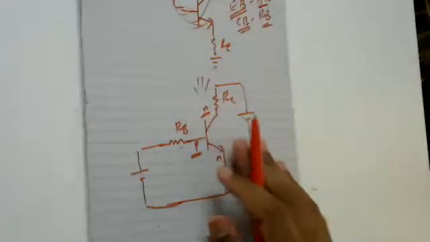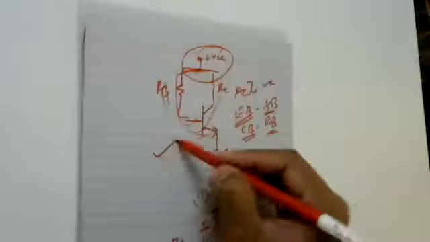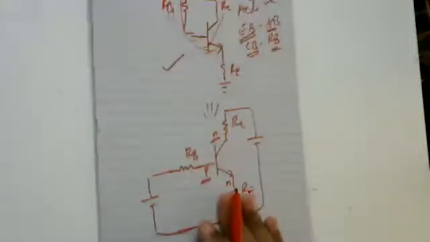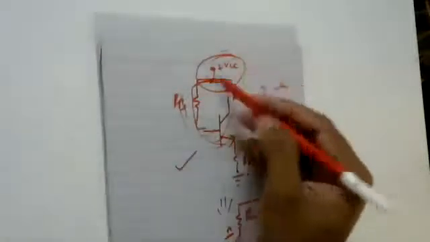Second thing, now I want to make the collector base junction reverse biased. So this is my collector, which is the negative side. So this has to be connected to the positive, and the other end should be connected to the negative. So this is how the circuit is, and the same circuit is being represented here. You are familiar with this circuit from your basic electronics, but now you should be comfortable understanding this kind of circuit which represents the same circuit. Sometimes I'll be showing this particular source separated.